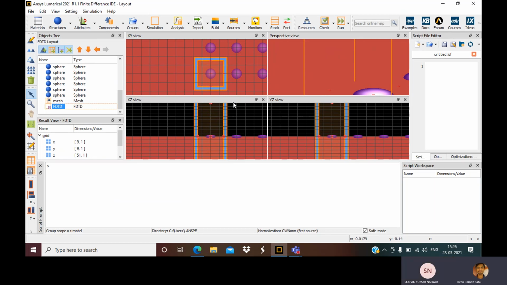What is that navy blue region inside the FDTD and mesh? That blue color denotes the periodic boundary condition. Earlier it was so thick, right? That was PML.